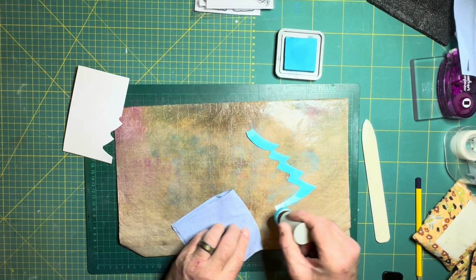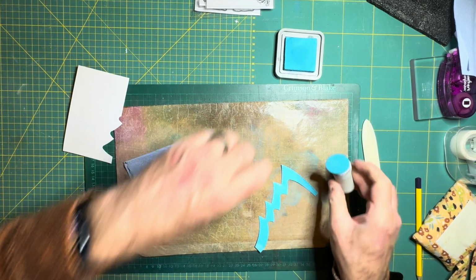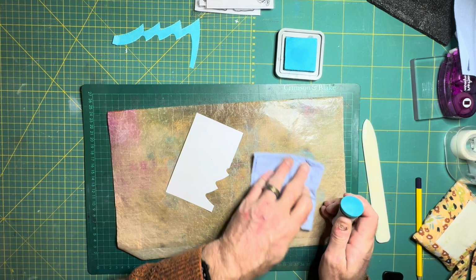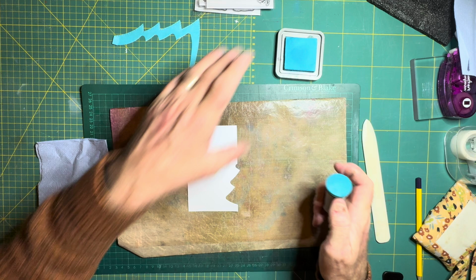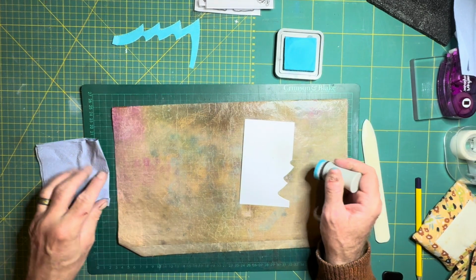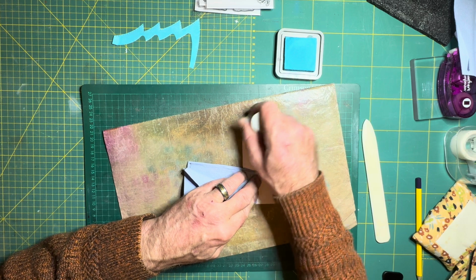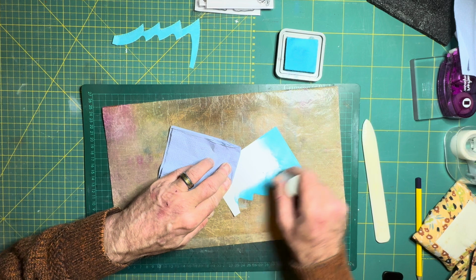So just be careful, and I'm just going to leave that to one side for a minute. And I'm going to do exactly the same for this one, but I'm only going to do the outside edge. Don't need to do the whole thing. A nice, even, gentle coverage. And again, if you've got the time, I'm doing this because it's a quick, easy,